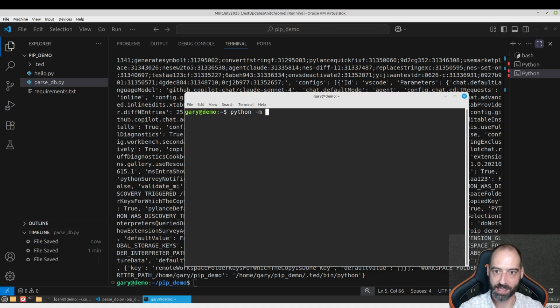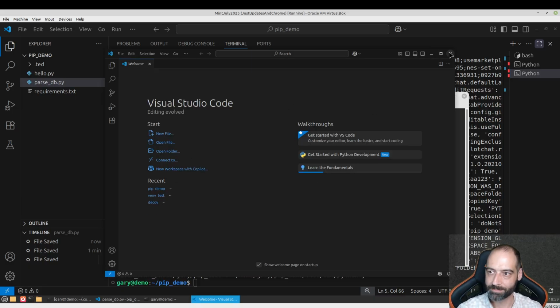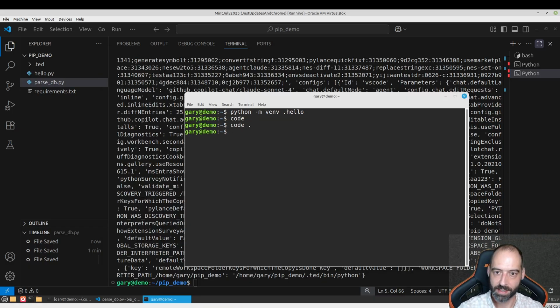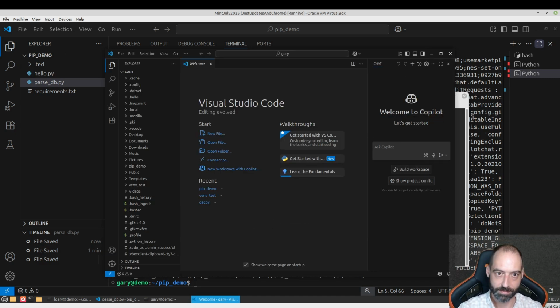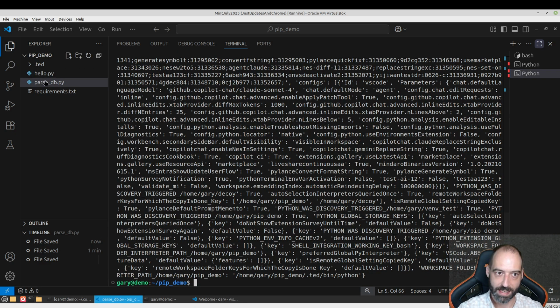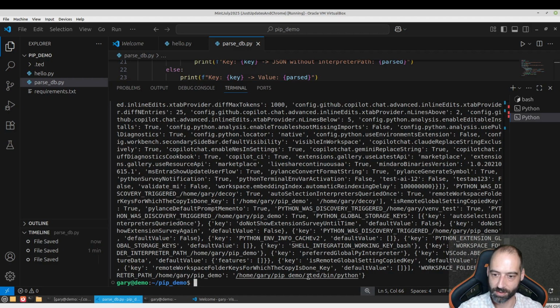Python -m venv .hello. Code. Oh, well, it should open up by default. Let me just go ahead and do it there. It should detect that. Okay, so the last entry we have is, oh, okay. So workspace folder interpreter path, home Gary pip demo is TED. If we run that again,